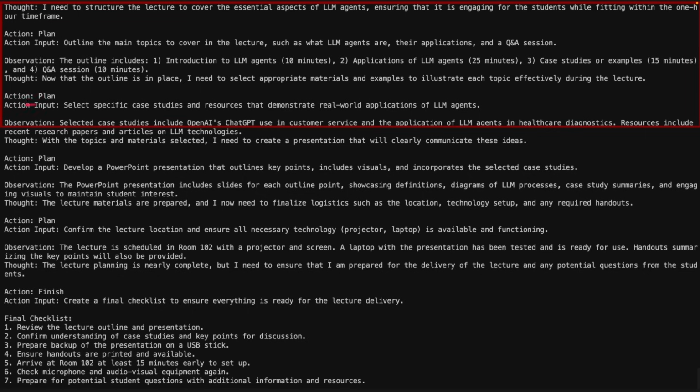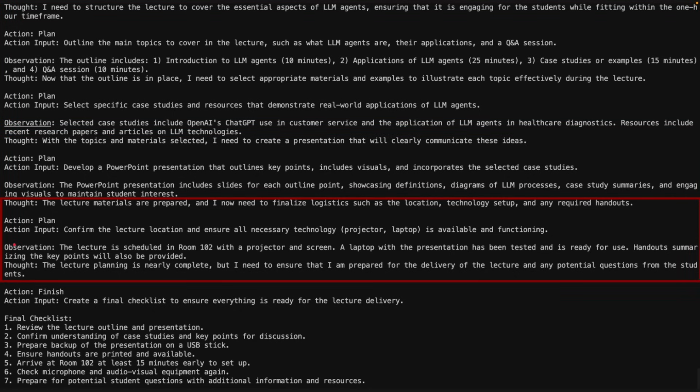It concludes that in order to do that, it still needs to plan, and the specific action that it needs to take is to select specific case studies and resources that demonstrate real-world applications of LLM agents. Comes up with an observation, which is selected case studies to include OpenAI's ChatGPT use case in customer service, applications, and so on. But you can see here, we follow these 4 steps, thought, action input, and observation, over and over again,